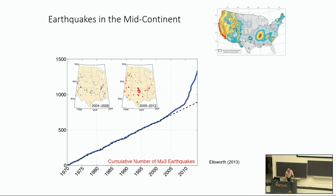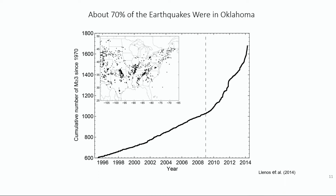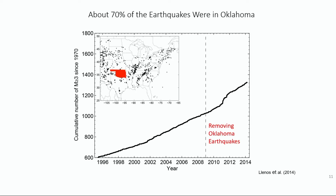Now, if you look at the last 25 years and kind of blow up, you can see that recent exponential rise much more clearly. But the great majority of that seismicity was occurring in Oklahoma. And so 10 years ago, I was briefing the governor of Oklahoma,